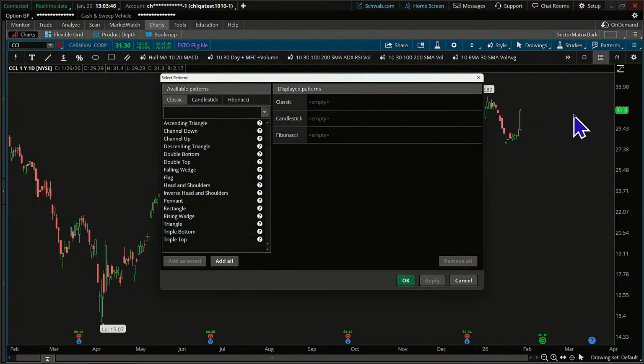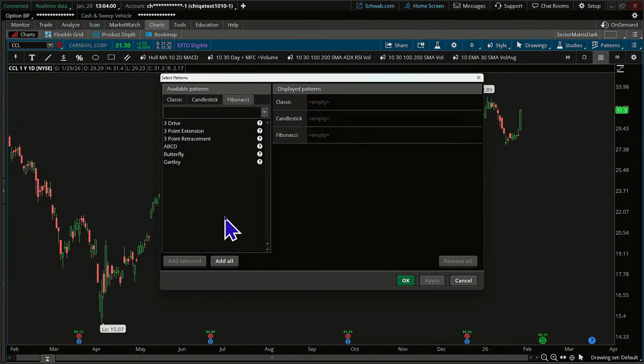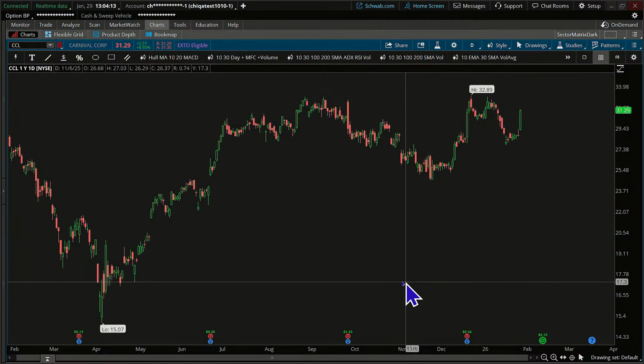Some of you might be familiar with the idea that we can have it go find price patterns for us, candlestick patterns, as well as Fibonacci patterns. Some of you might not have even realized that it would do this. We're going to come back to the candlestick pattern because we're going to build something here today. Let me close this for just a minute.